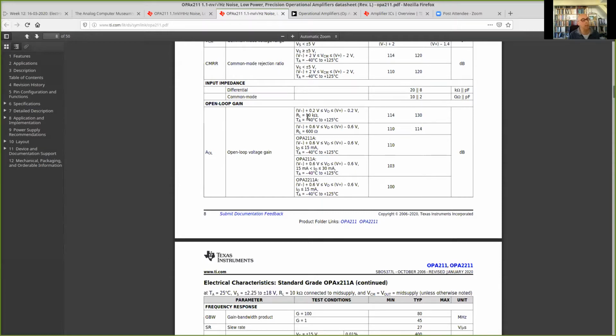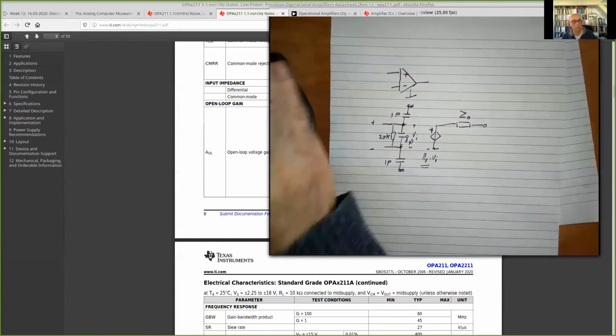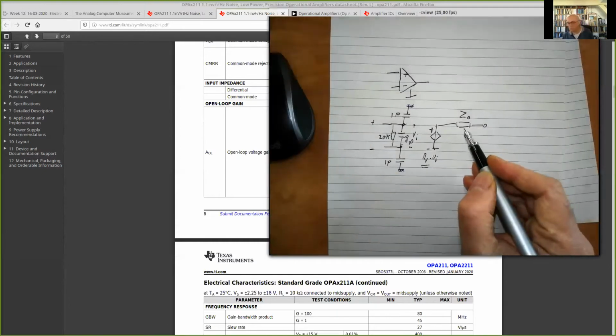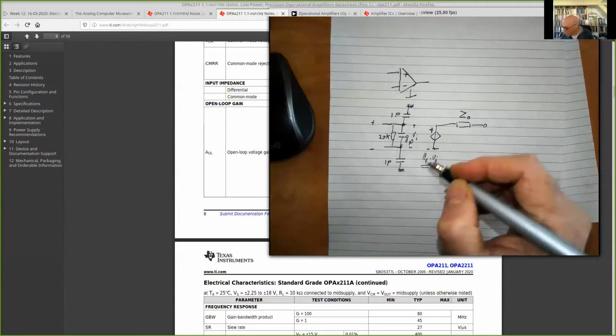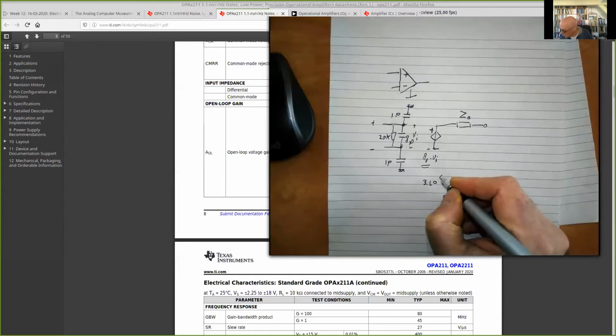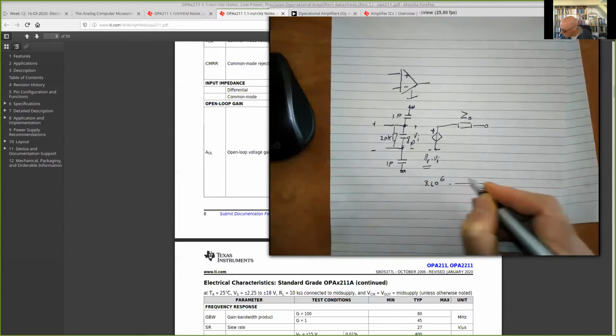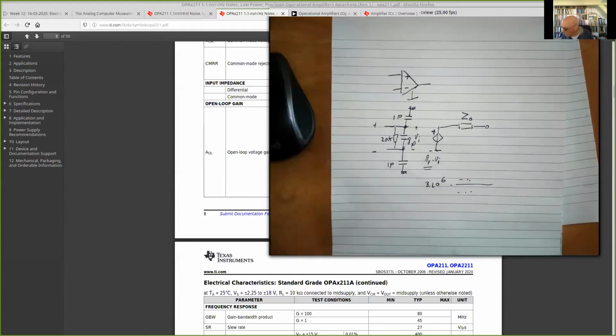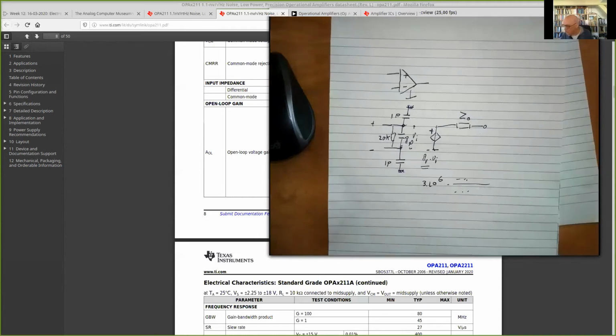So it drops when I'm going to load my amplifier. That tells me something about the DC value of this resistor, of this impedance. Because here I have, let's say, 3 times 10 to the power of 6, and then I have poles and zeros. I don't know yet. And this impedance must be such that if I connect here